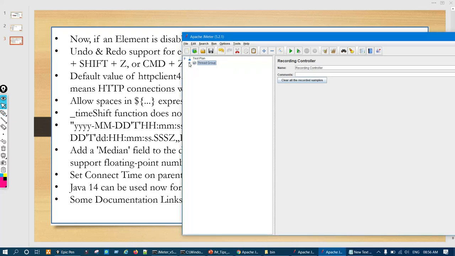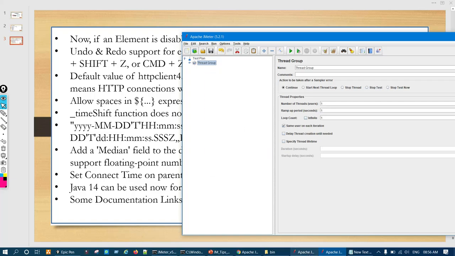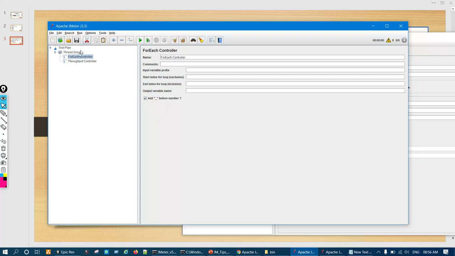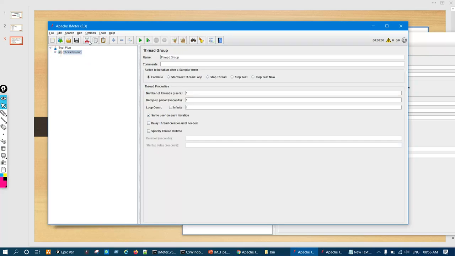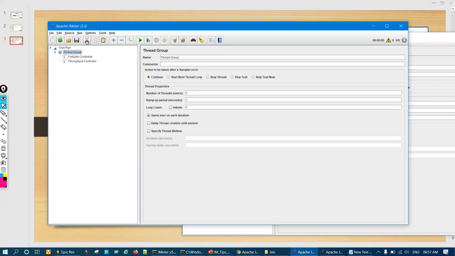So what I'll do, I'll just copy this stuff and put it in 5.3. Paste here. Just a second.